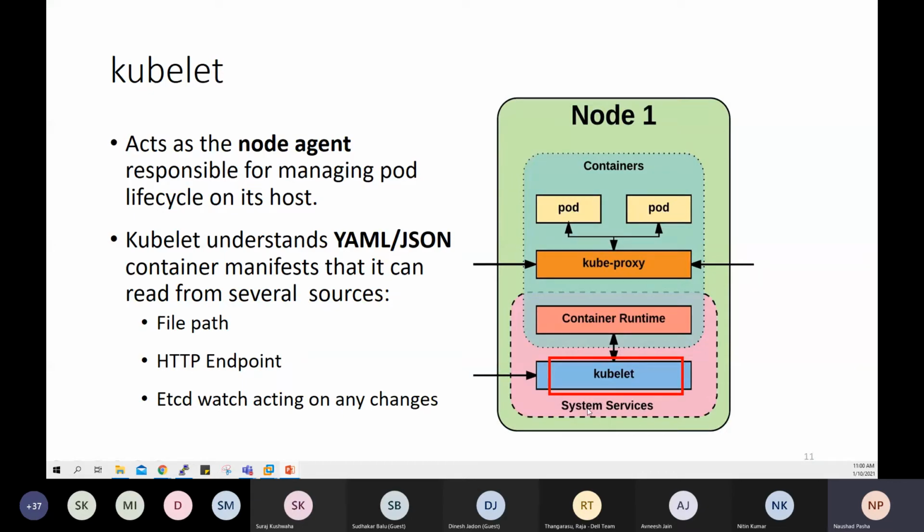Both run as a system service or as a daemon. Kubelet basically acts as the node agent, which is responsible for managing the pod lifecycle on its host wherever it is running. I have 2 worker nodes.